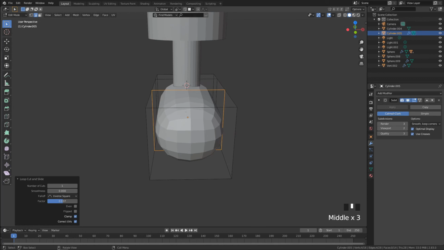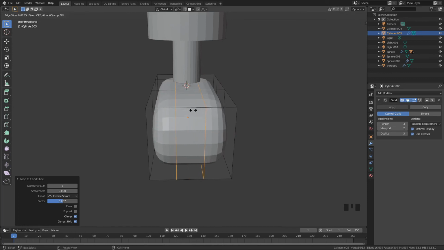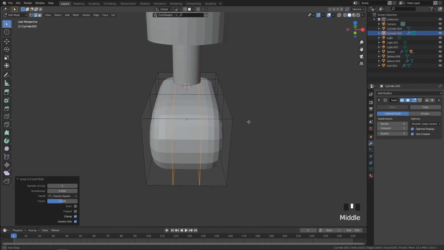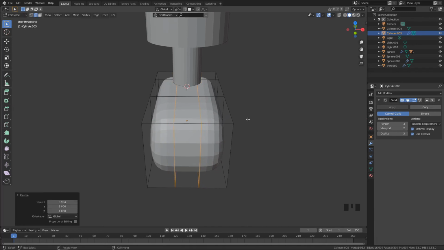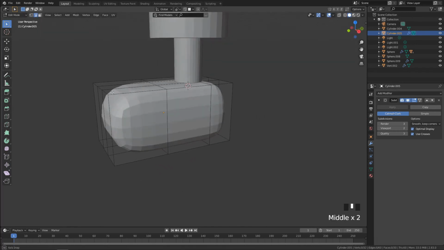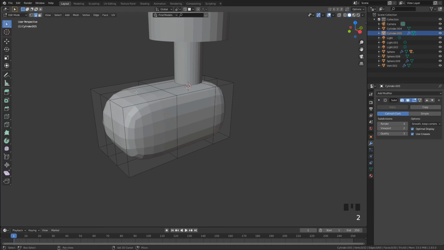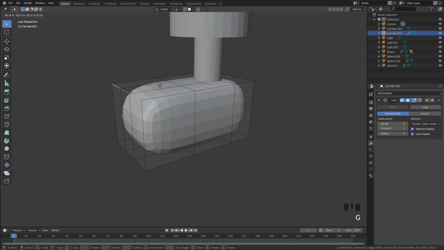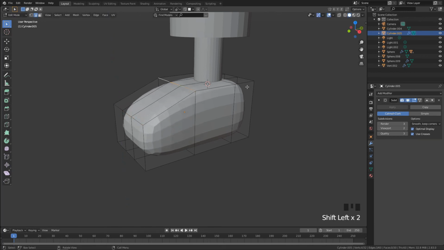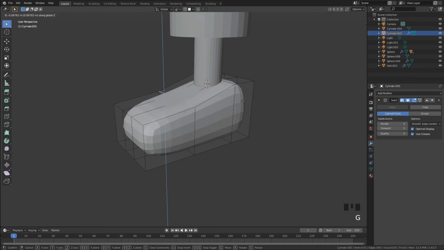So Control R, and I'm going to scroll my mouse wheel up once, and click or right click to keep this centered, and then you could do SX to bring this out to keep it a bit more squared off. And then let's drop the front a little bit here, so I'm going to press 2 to go into edge select mode, click all these edges on the front, and then GZ to bring these down, do the same across the center, GZ, get something a bit more shoe shaped,